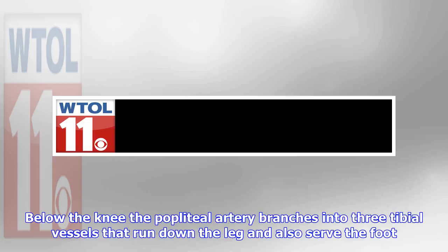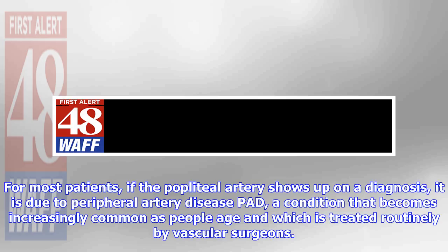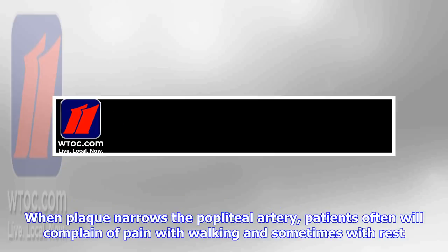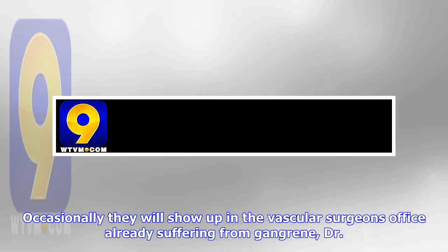(PAD), a condition that becomes increasingly common as people age and which is treated routinely by vascular surgeons. Patients who smoke or who have diabetes are at much higher risk, but for those that don't, the disease affects 15% of Americans over 70. When plaque narrows the popliteal artery, patients often will complain of pain with walking and sometimes with rest. Occasionally, they will show up in the vascular surgeon's office already suffering from gangrene, Dr. Sheehan said, but blood circulation to the leg and foot may be restored with one of several types of revascularization